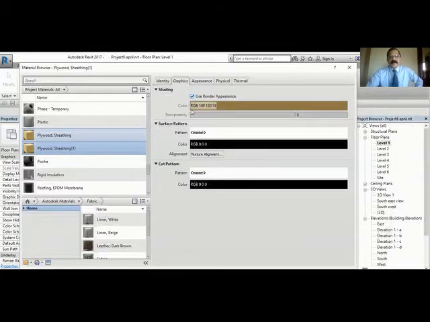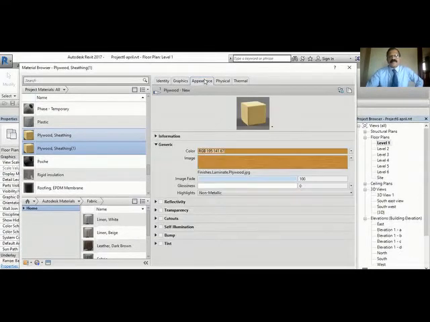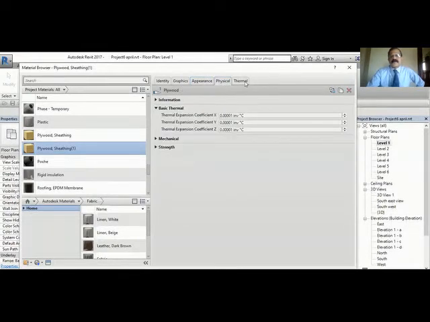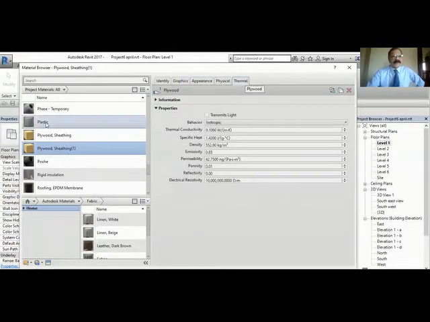So graphics page, this is shading. You can see shading, what color you want. And when you come to appearance, this is the main one used for rendering. Or when you put the mode as realistic, then it will show you this pattern. You see that pattern will be seen in the drawing. I will show you how it differs. And these are some properties of that object. This is also some properties of that particular material selected.